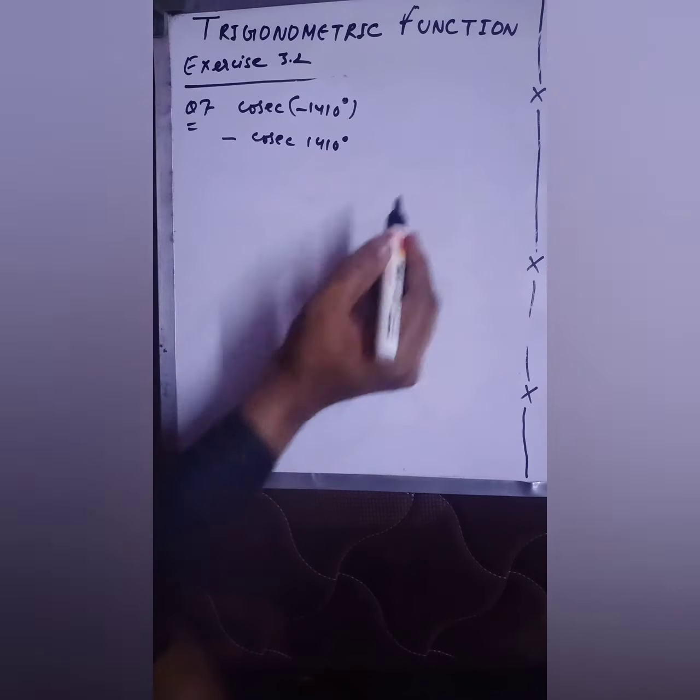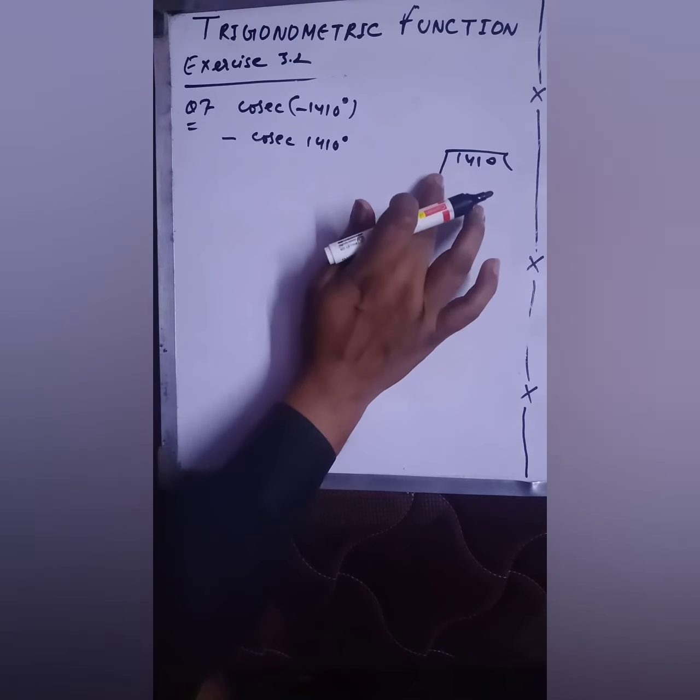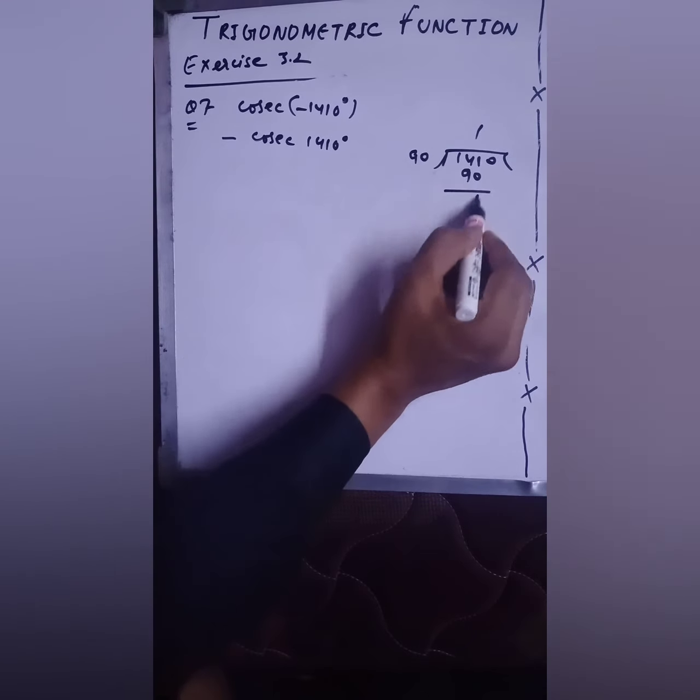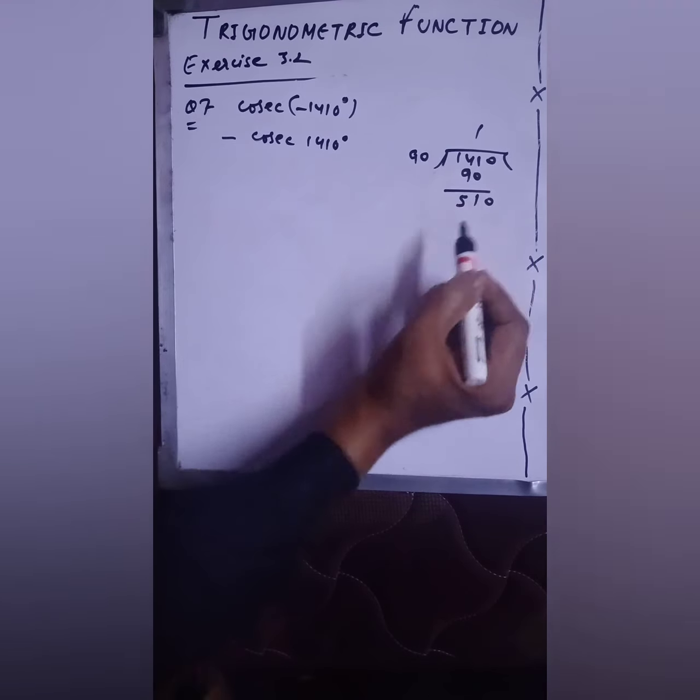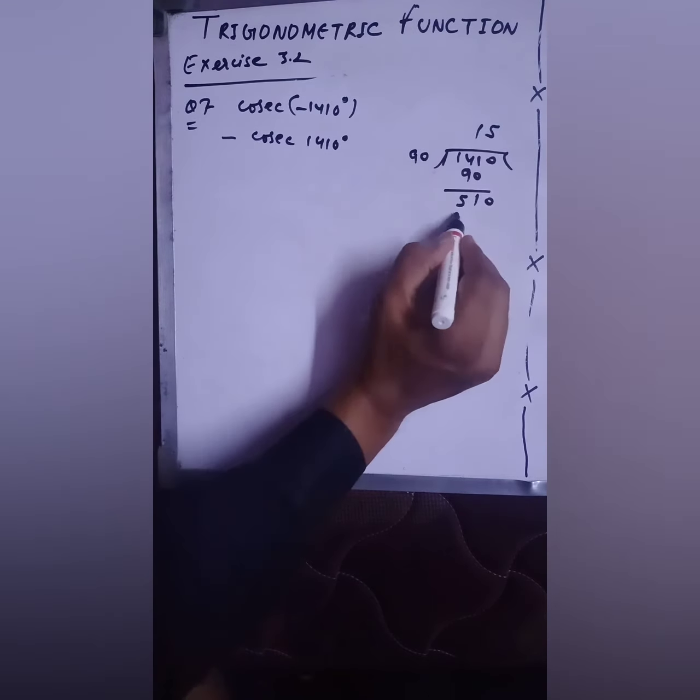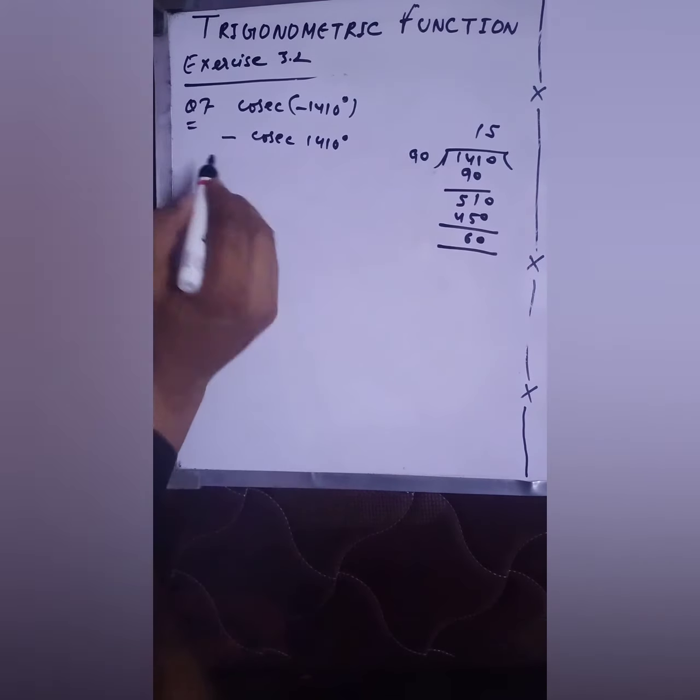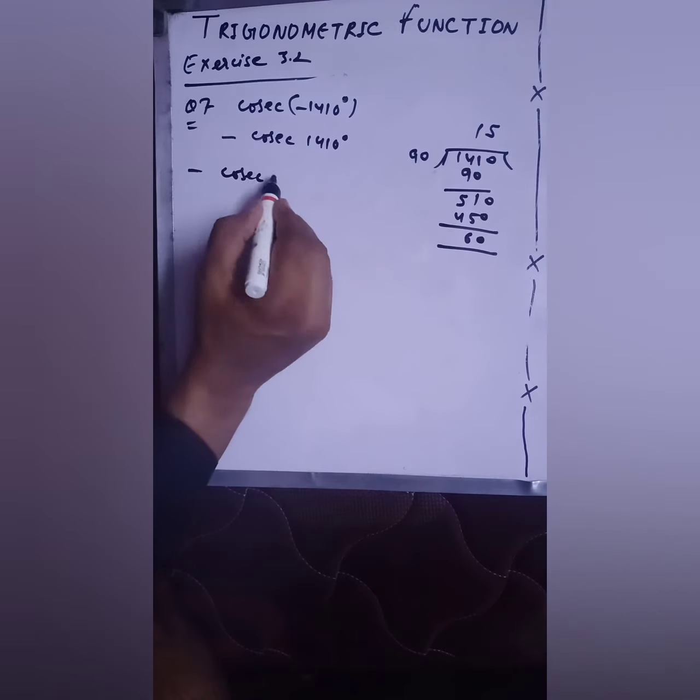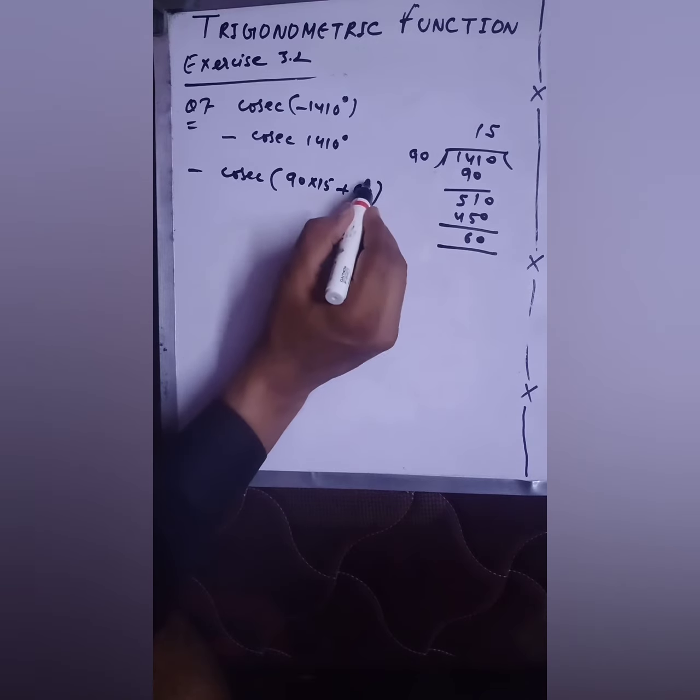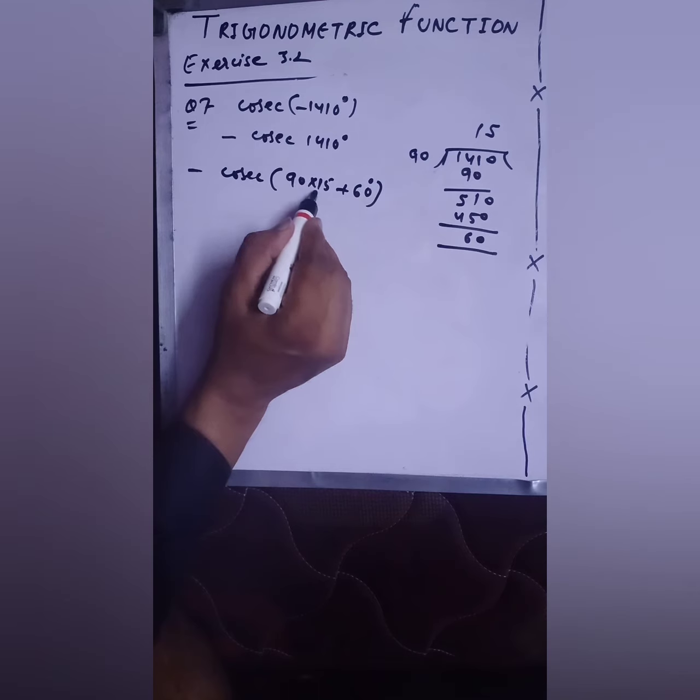So 1410, we are dividing this by 90. If you divide it, you will get 15 and the remainder 60. So I am writing this angle as cosec(90 × 15 + 60) degrees. Here the multiple of 90 is coming